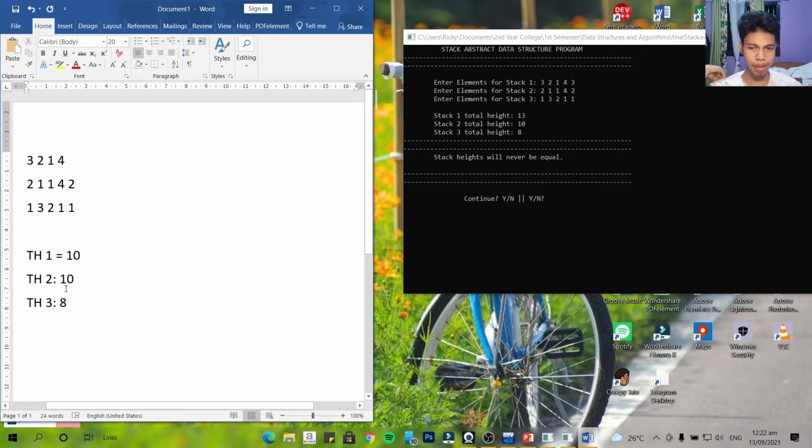So with this, since stack 1 and stack 2 are greater than stack 3, we will pop stack 1. Popping stack 1, we will now have an updated total height of stack 1 of 6, and stack 2 will be 8. Updating all the